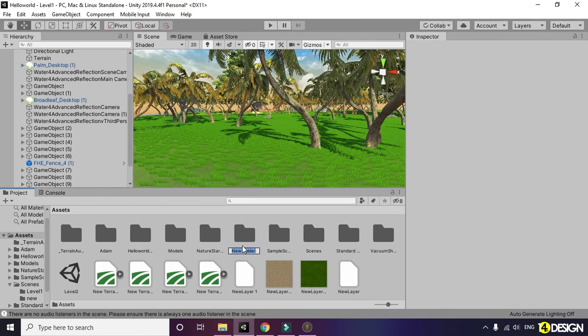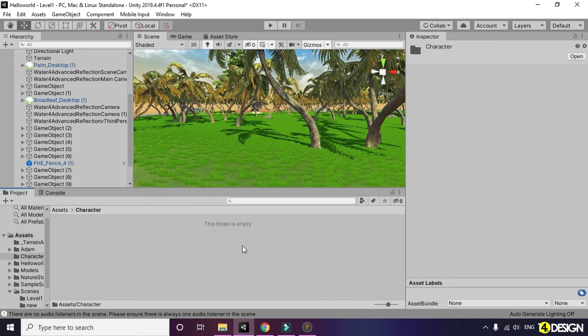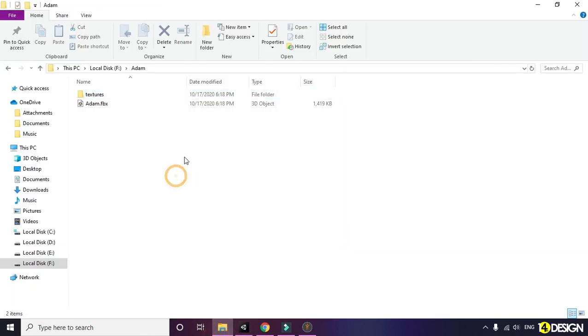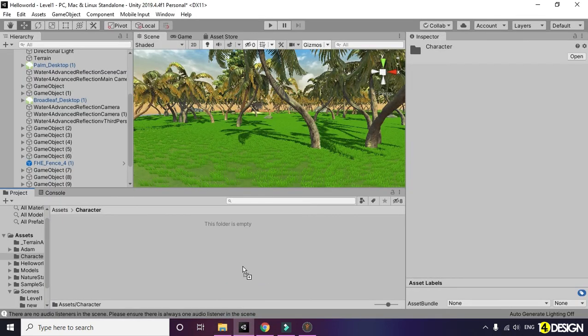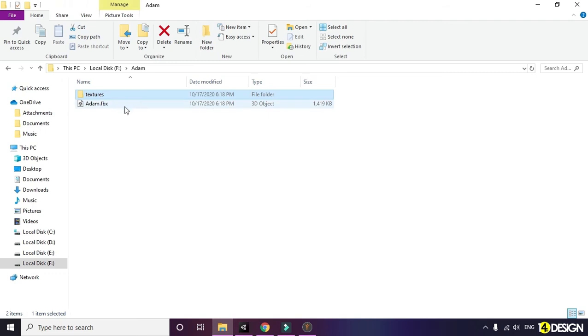Let's name it character. And now this is very important, guys. First of all, click on the textures folder and drag and drop it. Always import the textures first. Now let's import our Adam.